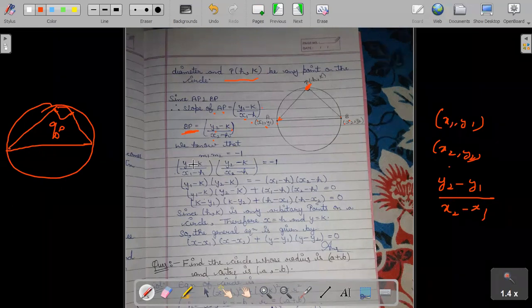Yes, ma'am. That's it। So M1 कितनी हो गई? फर्स्ट स्लोप। So y1 minus k over x1 minus h।